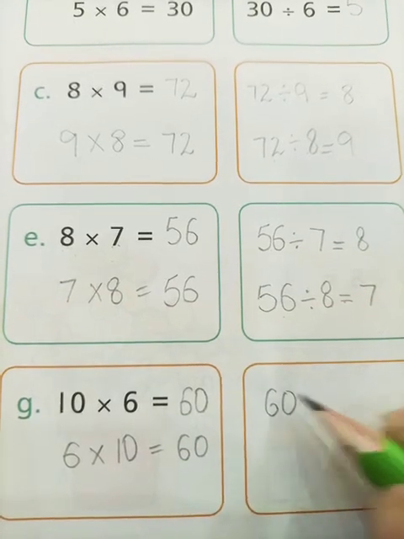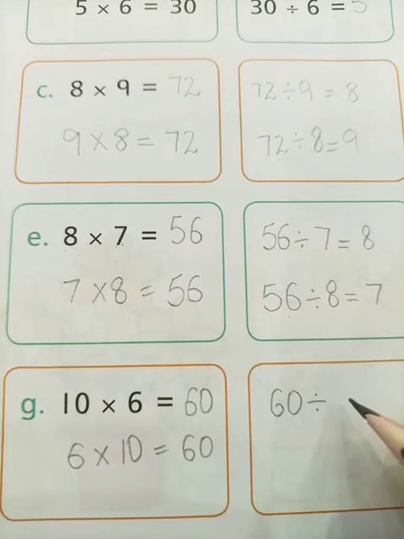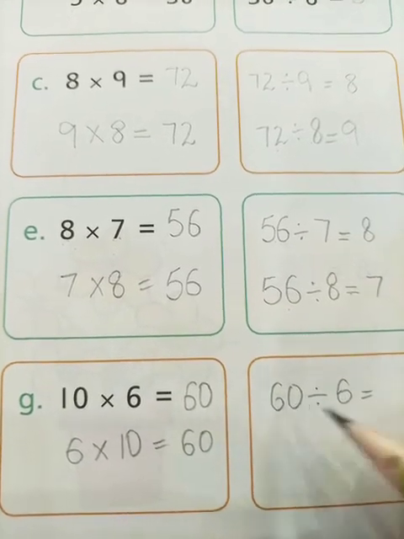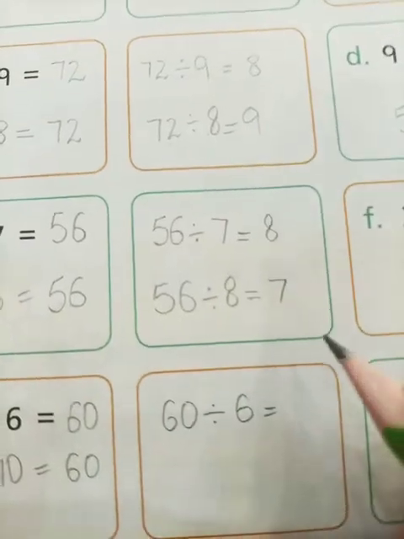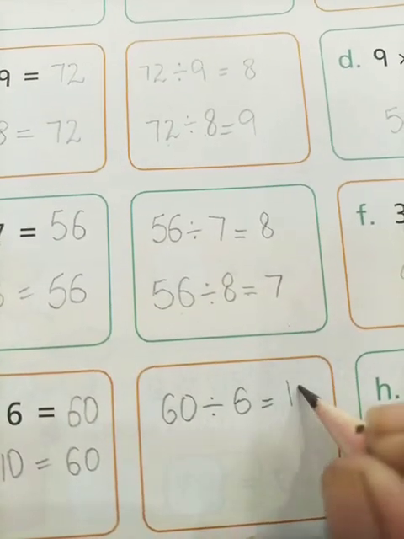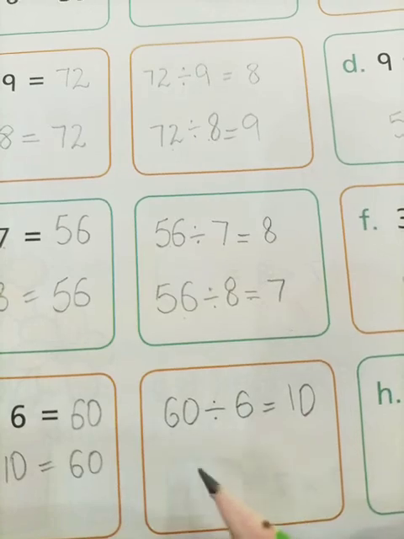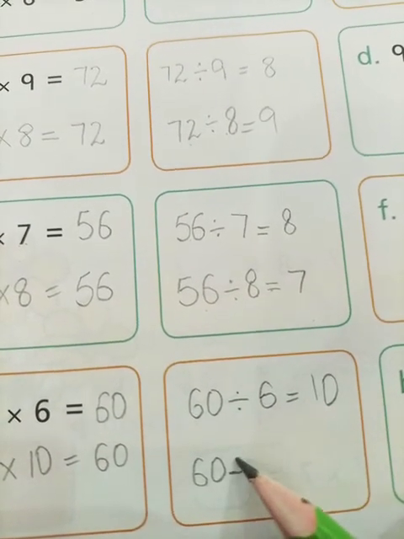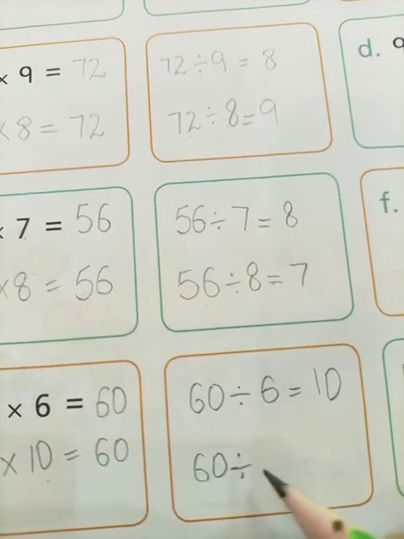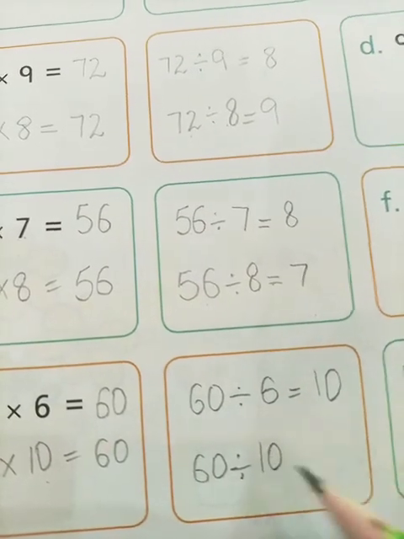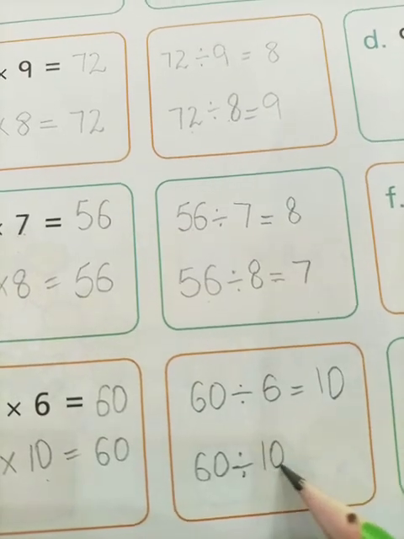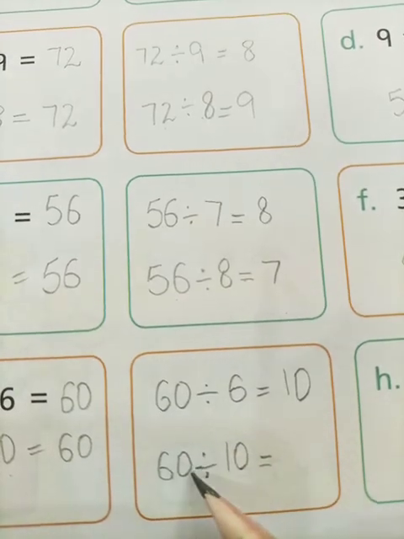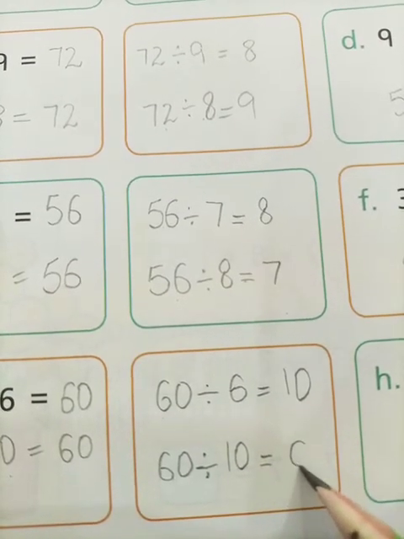60, that is our answer, is being divided by our second number, that is the 6. So students, read the table of 6 where we get our answer 60. Yes, 6 10s are 60. Very good. In the next step, 60, that is our answer, is being divided by the second number, that is here 10. So students, you are going to read the table of 10 till the number 60. Yes, 10 6s are 60. So here is our answer 6.